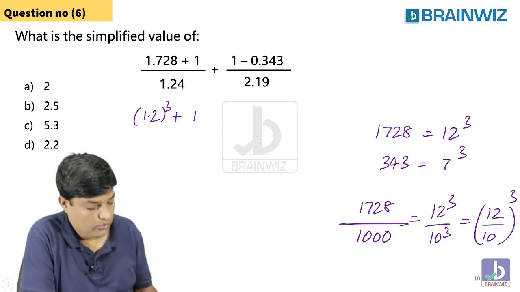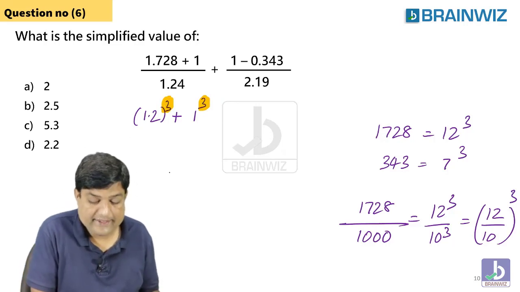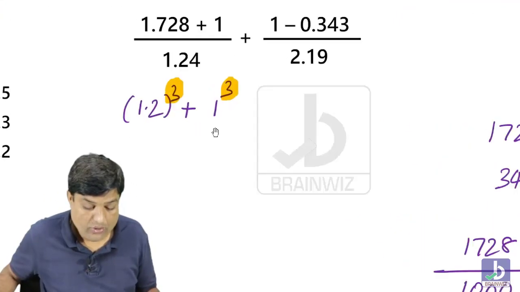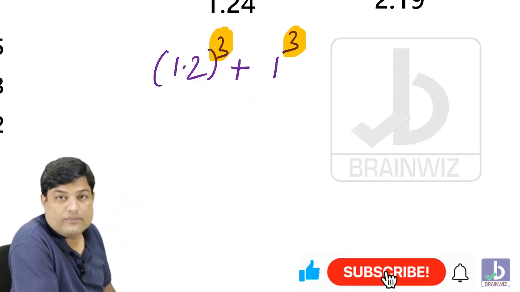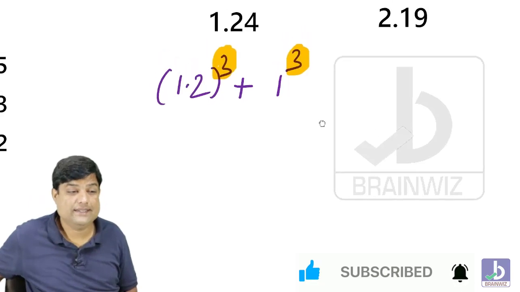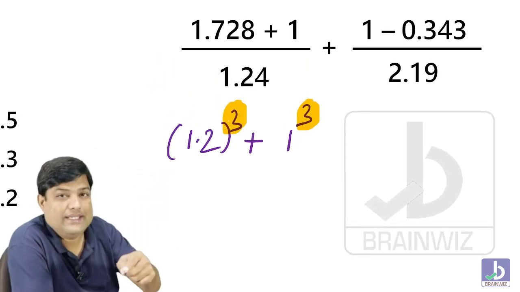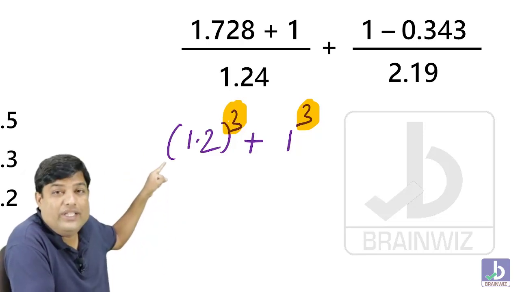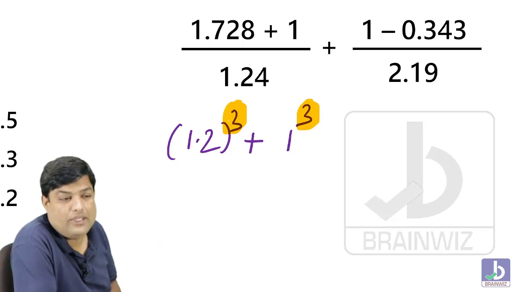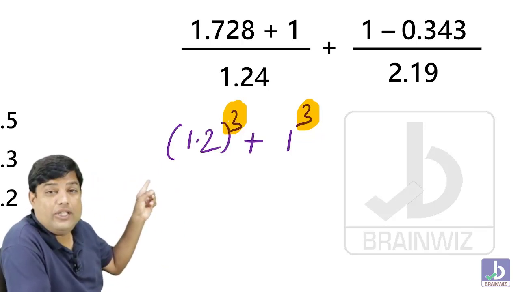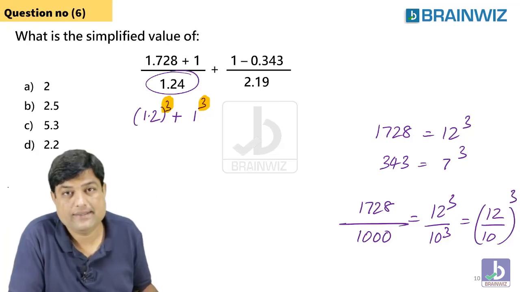Guys, whenever he told you here power is 3, can't you make here also 3? Yes. What's the reason to make it 3? Here we can apply one small identity, a cube plus b cube. Yes, there is a solid reason. He gave you 1728 to make you understand that you can convert this 1728 into 12 power 3. That is 1.2 as it is decimal. So what's the reason behind the given divided by 1.24? There is one more simple reason that it will get cancelled.